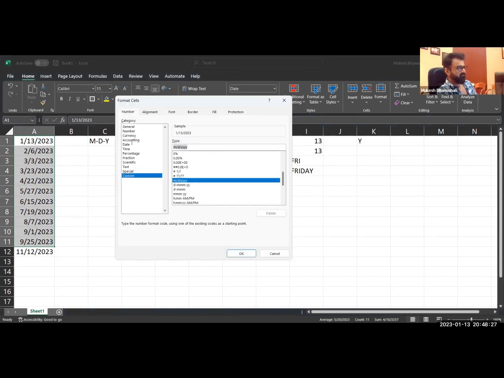Remove everything. And now you can see the sample up. जैसे मैं M लिखता हूँ. See what will happen? It is showing me 1. You know why 1? Because 1 is the month. But if instead of M, if I type D, then you will see it is showing me 13th now, because